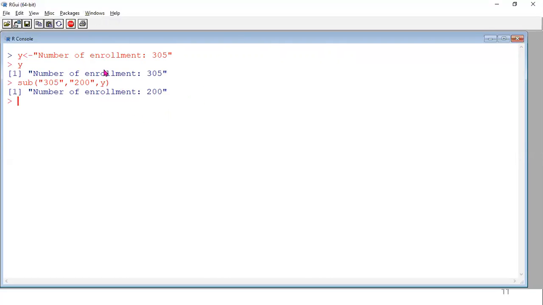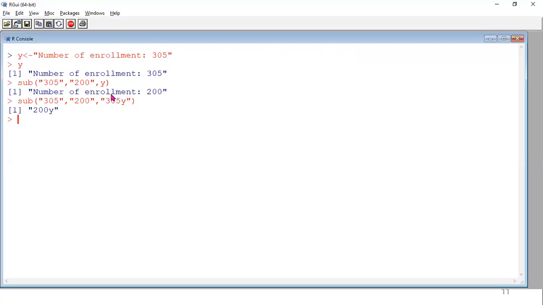In place of y you can also give a direct string value. For example, here we can give 305y, for your understanding purpose. Now you can see, the third argument is the string, and it also takes a direct value. Here the direct value is 305y.